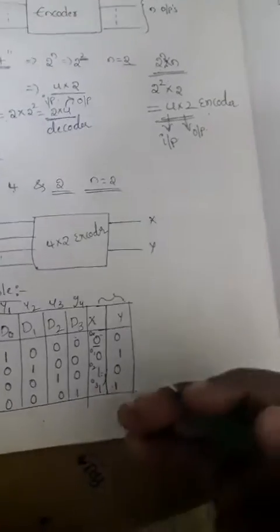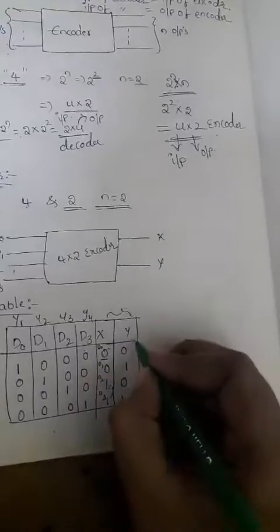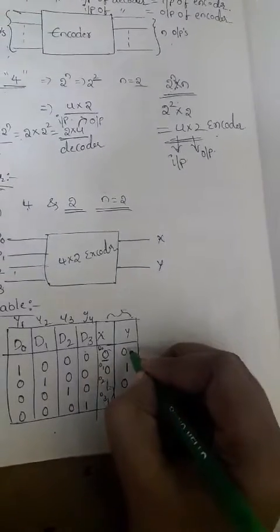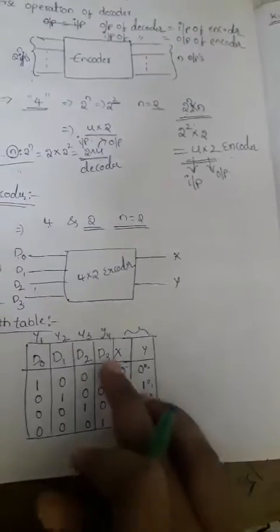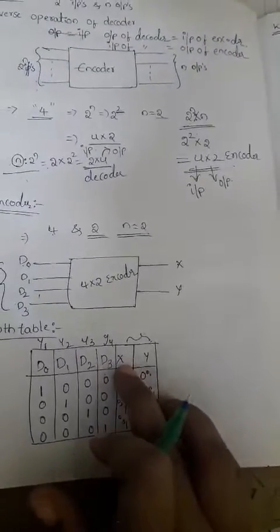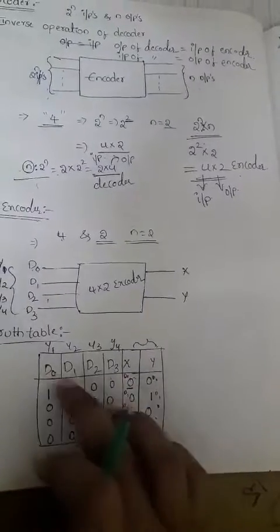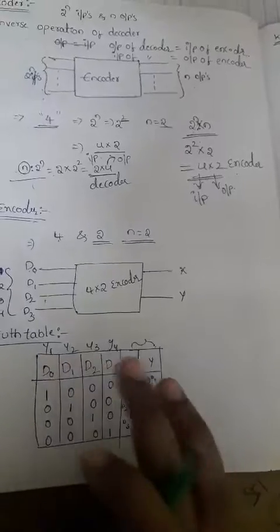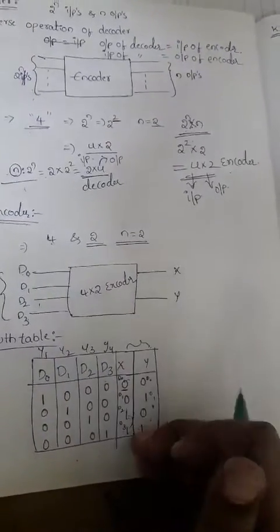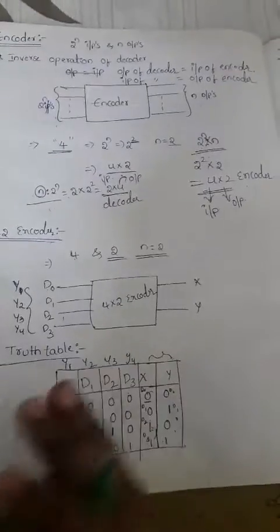Okay, you can take it that the output values will be equal to the input. Like this way, for y also you can choose d0, d1, d2, d3. That means the first of the x and y values will be chosen as d0, the second value will be d1, the third value will be d2, and the fourth value will be d3. That means whatever the x output we are having will be equal to the inputs of that encoder.